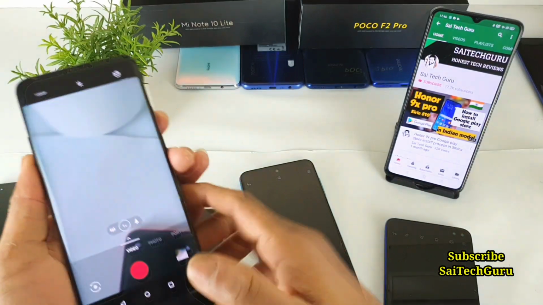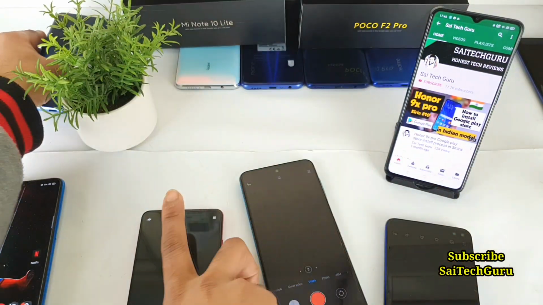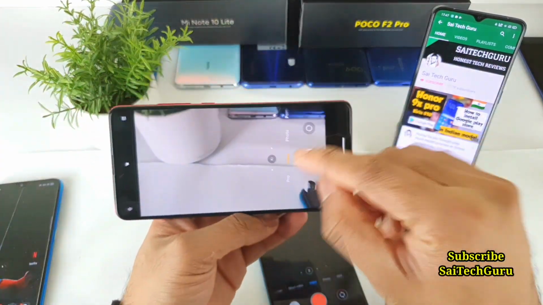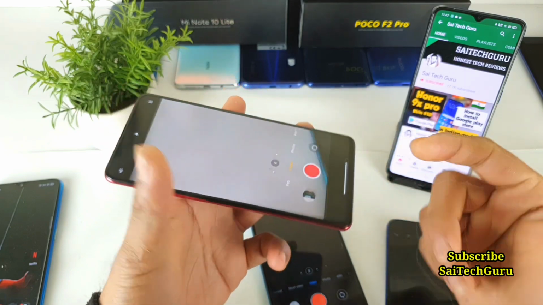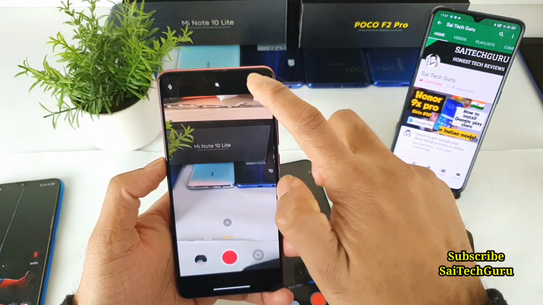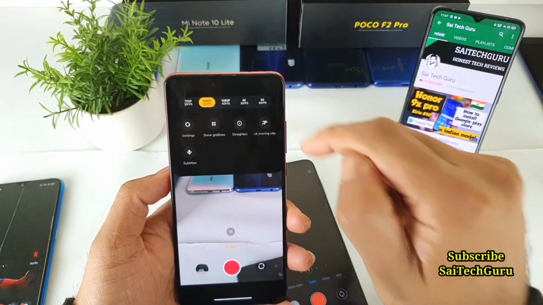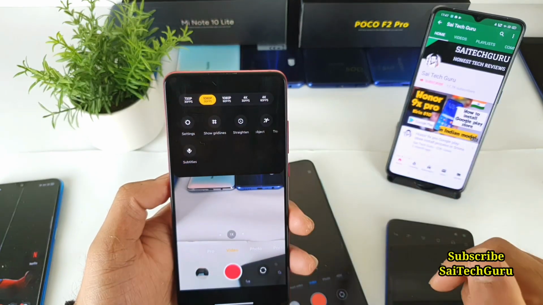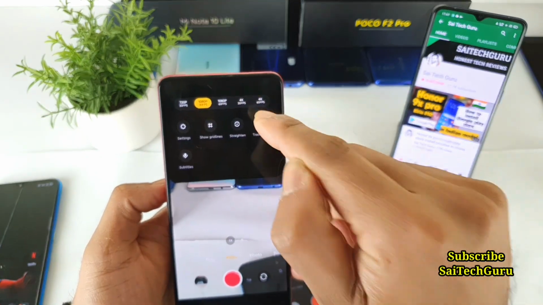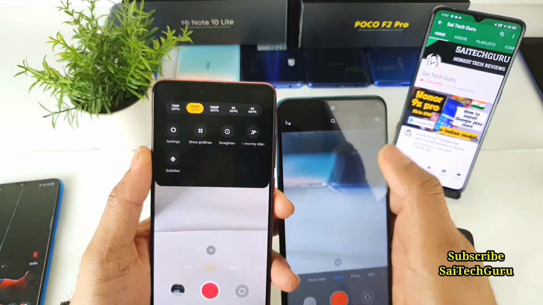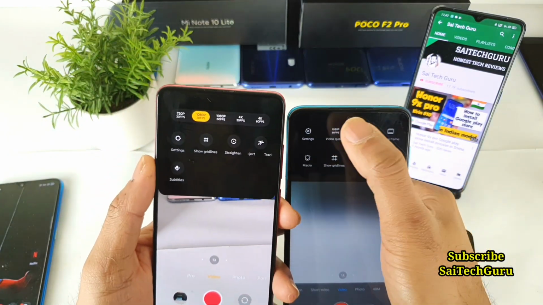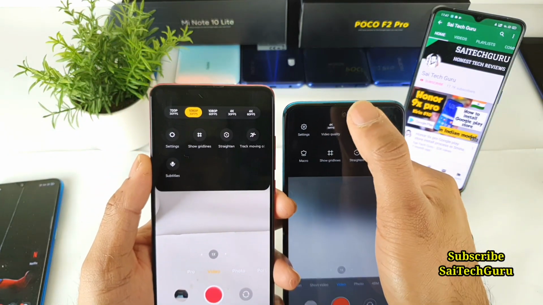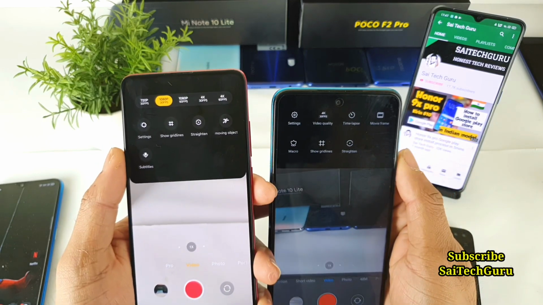So this is a feature which I am waiting for pretty long time, but you don't get that option here right now. So maybe in the next update they will find out. So next, if you tap the three lines over there, you do get these options directly, where you can just select. So before it used to be this tapping and you need to go through each and every time if you want to access the 4K 30 FPS, as you can see.